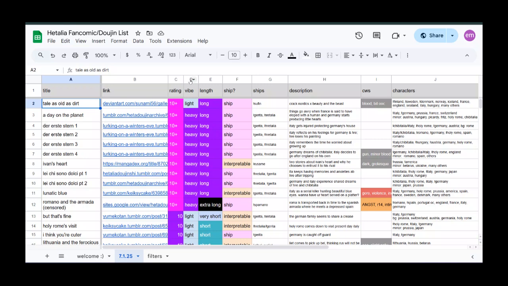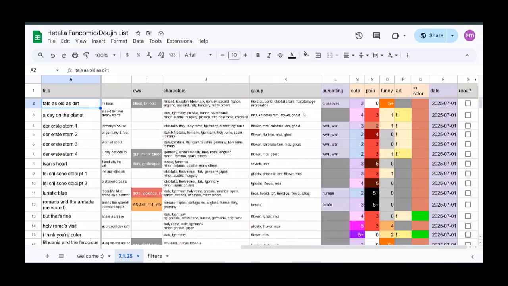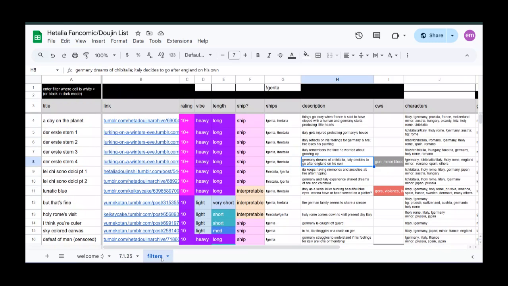Anyway, this here in the fourth column is heavy versus light, to separate things that are happy or wholesome versus more serious or dark. All the way on the right are some more columns that also put a scale on how cute something is, painful, or funny. So while you can use the filter features to look for something that is exclusively light,